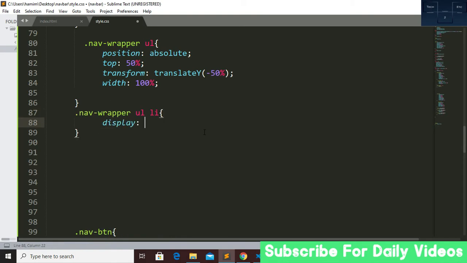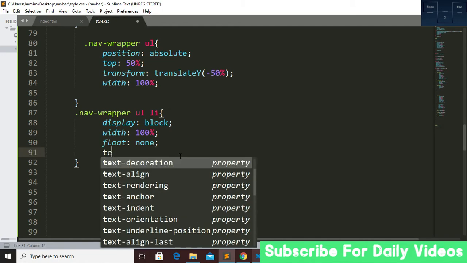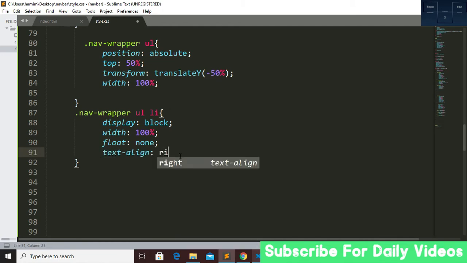I want to display block, and width will be 100%, and float, I don't want to float, so that's why float will be none. And I want text align right, because I want to show everything on the right side. So that's it. And let's give a margin from the bottom, 10 pixel.